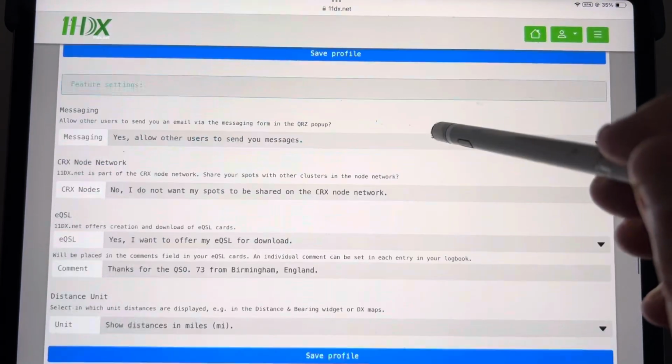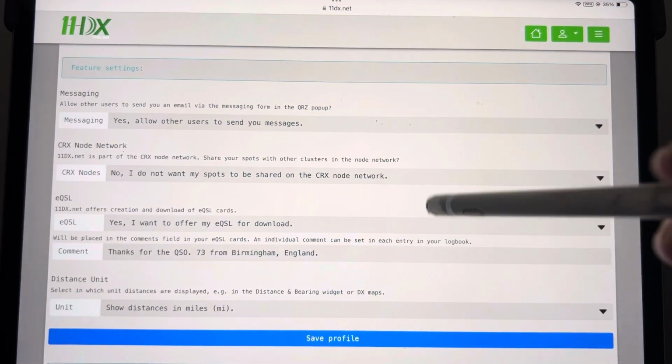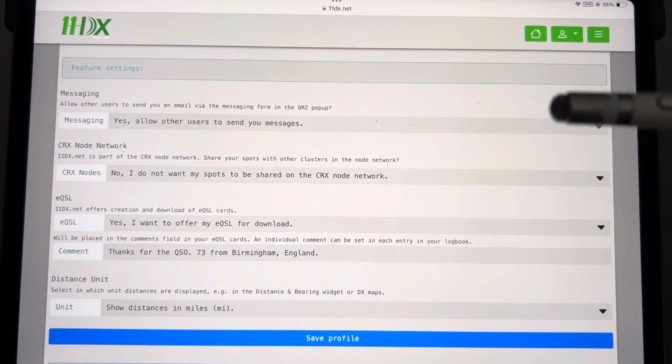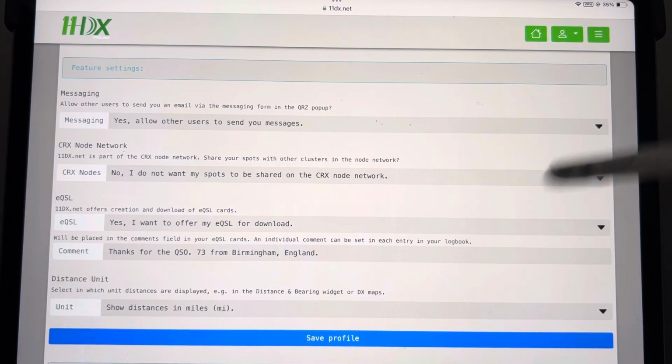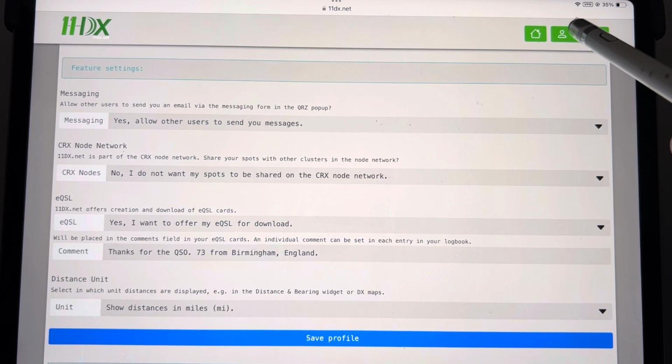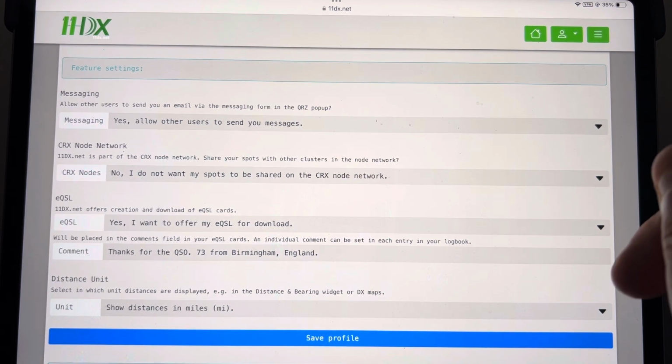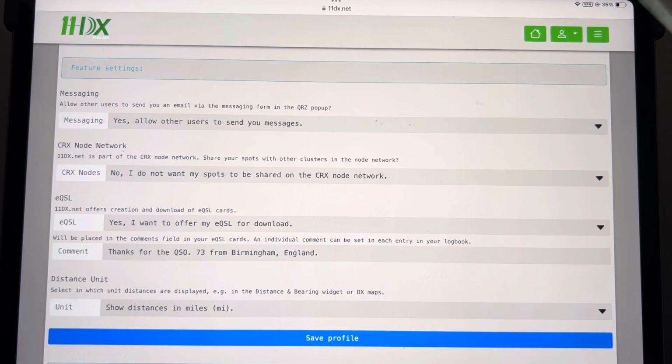Once that's all set up, and as I say, this eQSL one is important, because if you don't do it, your eQSL system won't work. Right, move on. So we'll go back to the little man again. Before you can send an eQSL, you've got to have an eQSL card. Okay, now that's fairly obvious. If you haven't got an eQSL card, the system can't send it. So if you go to this little man,